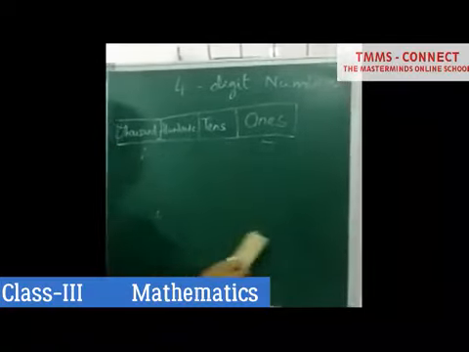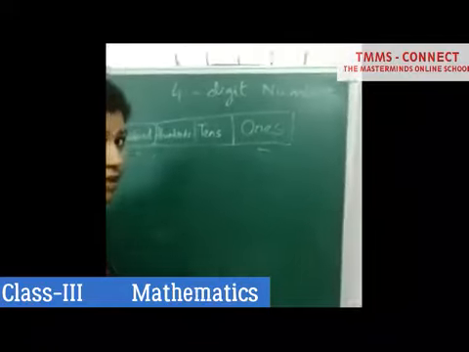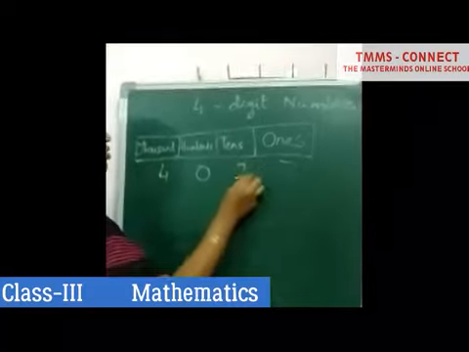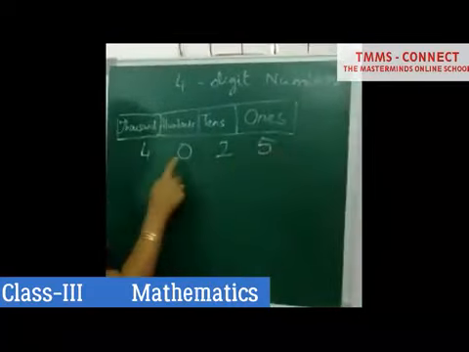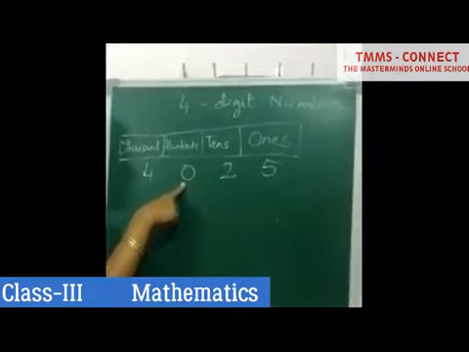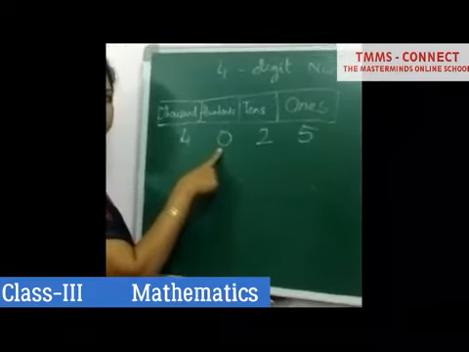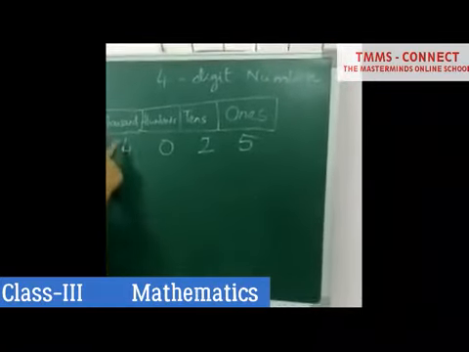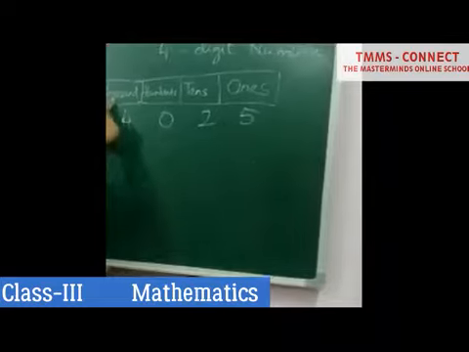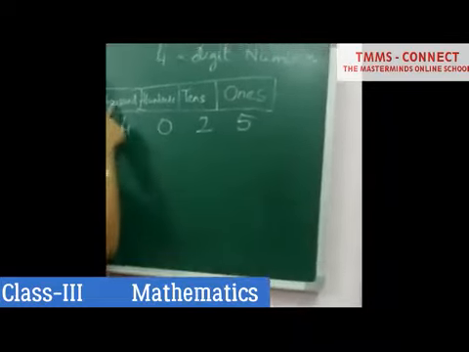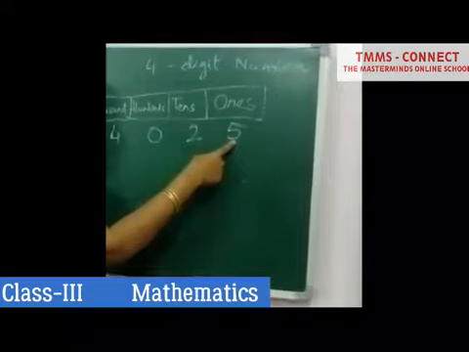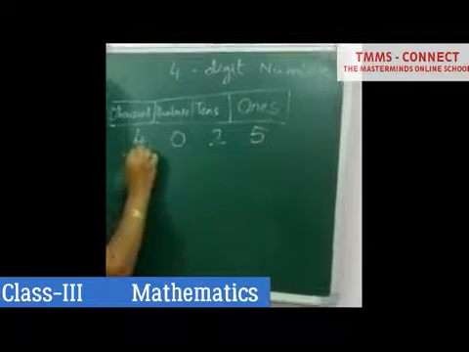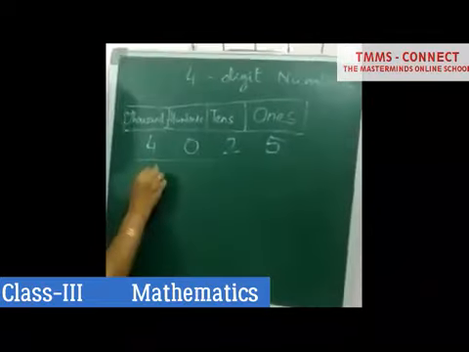Okay. Now, if we have a 0, then how do you think you read the number? Now, if I have 4, 0, 2, 5. Now, where is 0 present? 0 is present in the hundreds place. So, do we have a number in the hundreds place? No. So, where is 4 present? 4 is present in the thousands place. So, we read this as 4000. There is no hundreds place. So, we read 4025. Right? We read it as 4025.